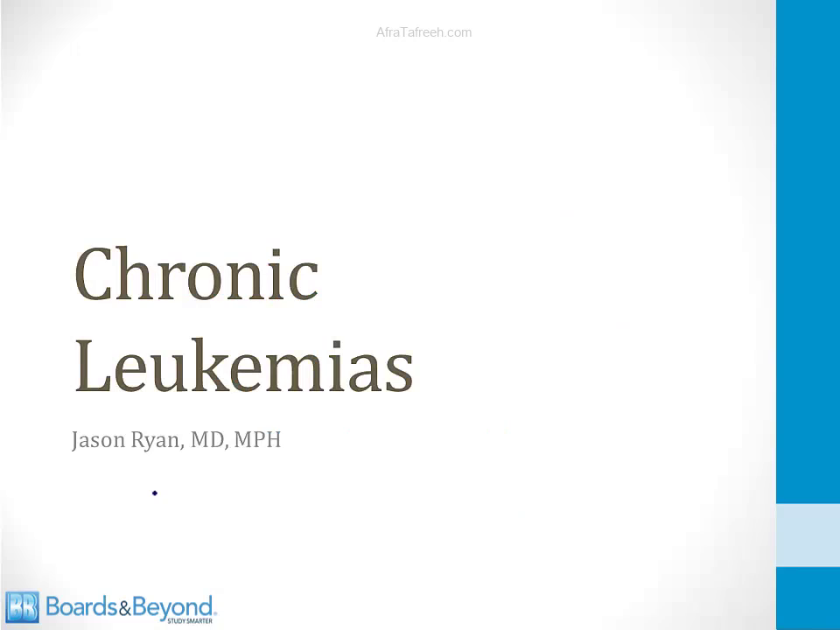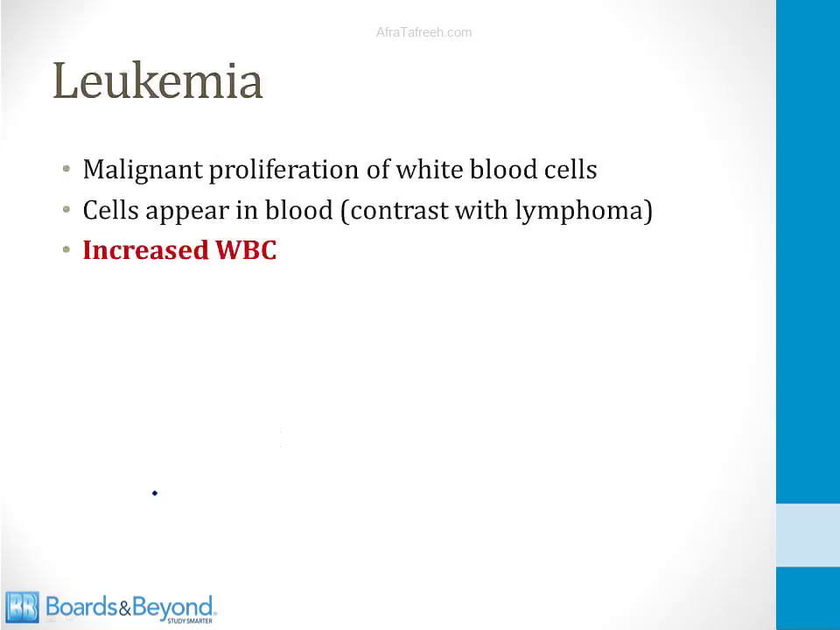Hello everyone, and welcome to our module on chronic leukemias. By way of review, a leukemia is a malignant proliferation of white blood cells, and importantly, the cells appear in the blood, and this is in contrast to lymphomas. Lymphomas are also white blood cell malignancies. However, in a lymphoma, the white blood cells usually do not spill into the blood, so therefore the hallmark of a leukemia and what makes a disorder a leukemia is the presence of an increased number of white blood cells